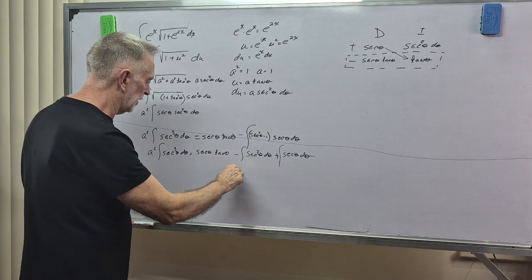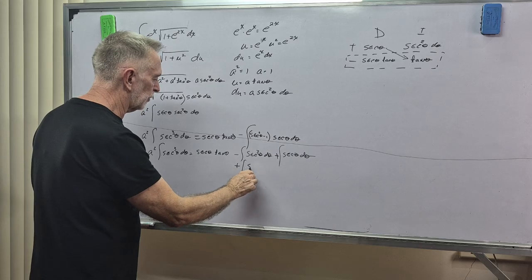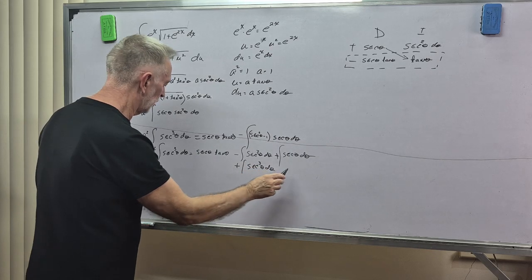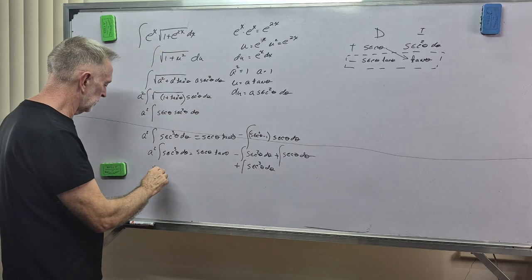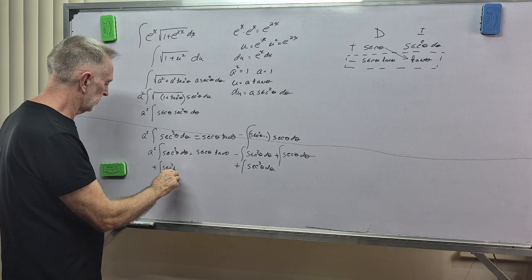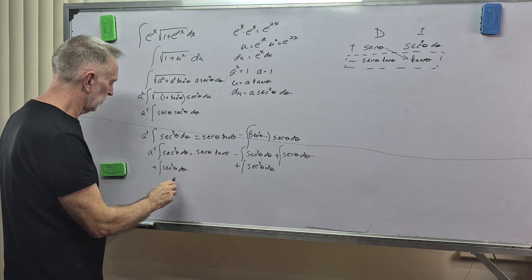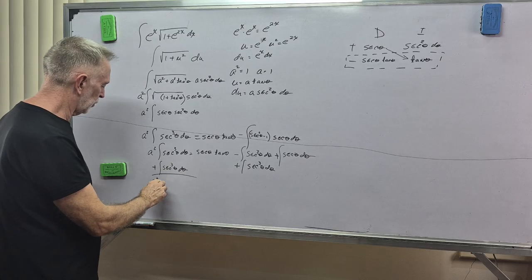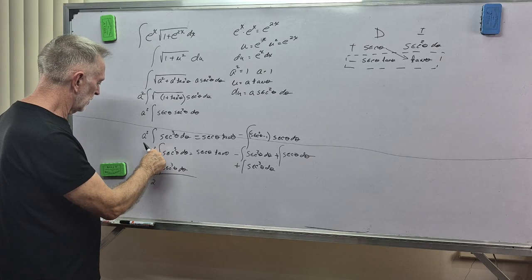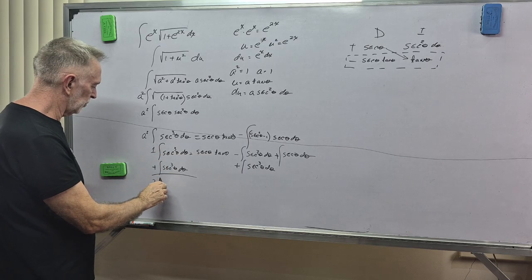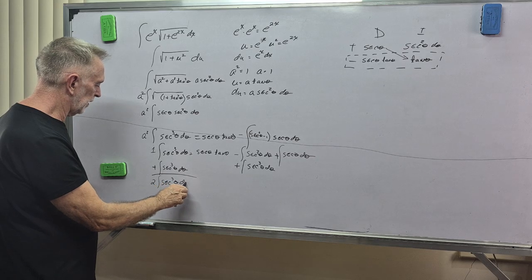But if I add a secant cubed theta to both sides, what do I have? I have 2. Well, that's a 1. Okay, I have 2 integral secant cubed theta d theta,